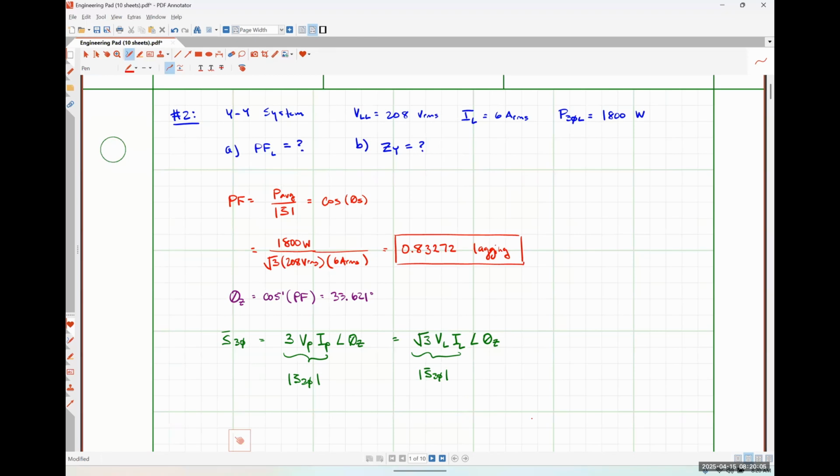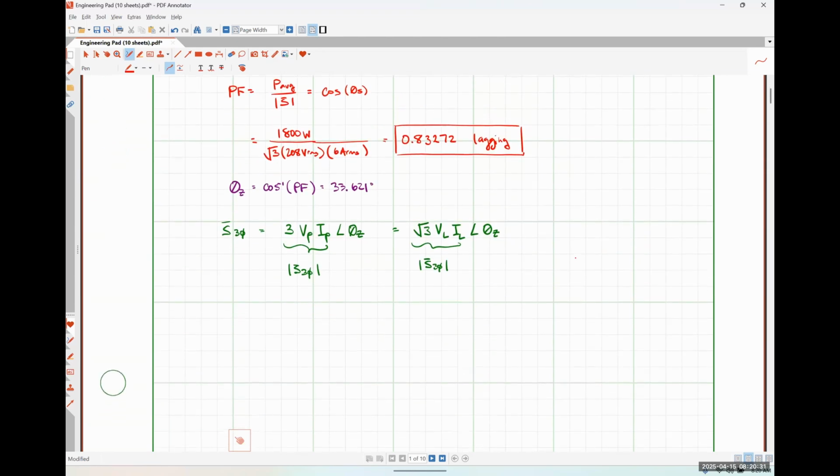Brock, you're raising your hand? So we have a line voltage and a line current. If we had a phase voltage and a phase current, I would agree with you wholeheartedly. But we have enough information to treat it like a phase voltage and a phase current because we're told specifically that it is a YY system, right? So in a YY system,